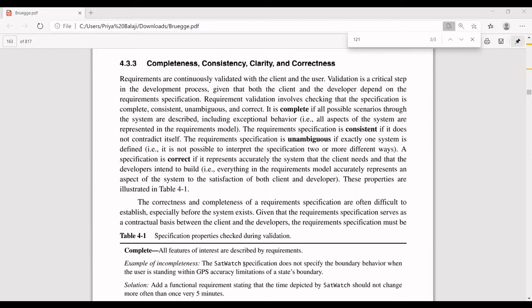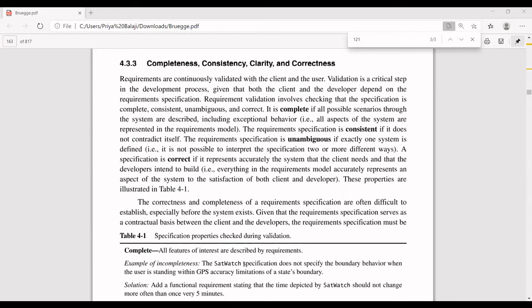It means the validation should be proper for all the behavior. As I told you, if you have an ATM, it can have so many options. Once I insert the card, my card may get stuck, or my PIN number may be wrong, or the power goes down. So many exception cases are there. Even in those exceptional cases, my system has to work properly. That is the completeness of my system.